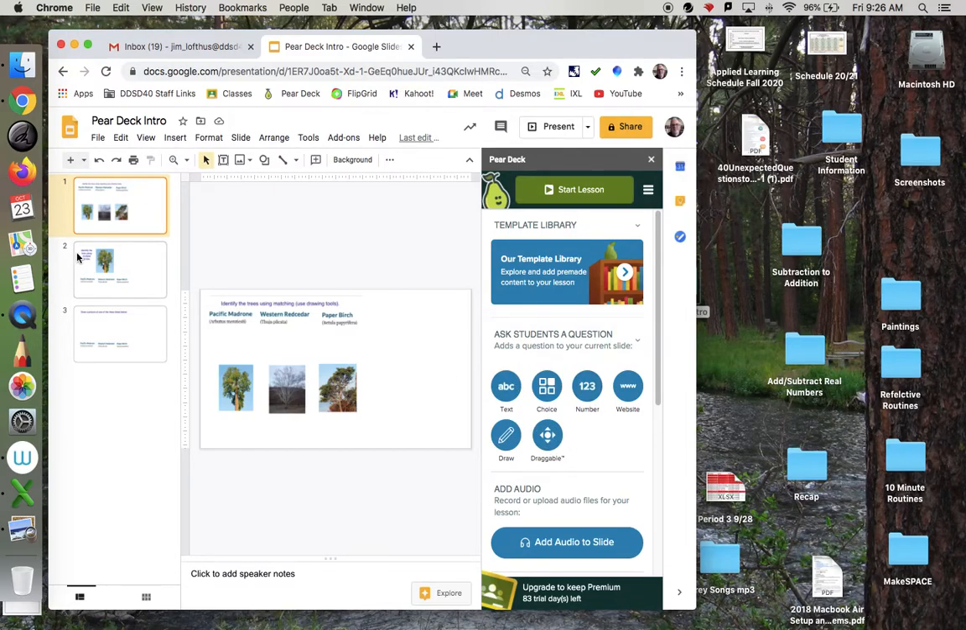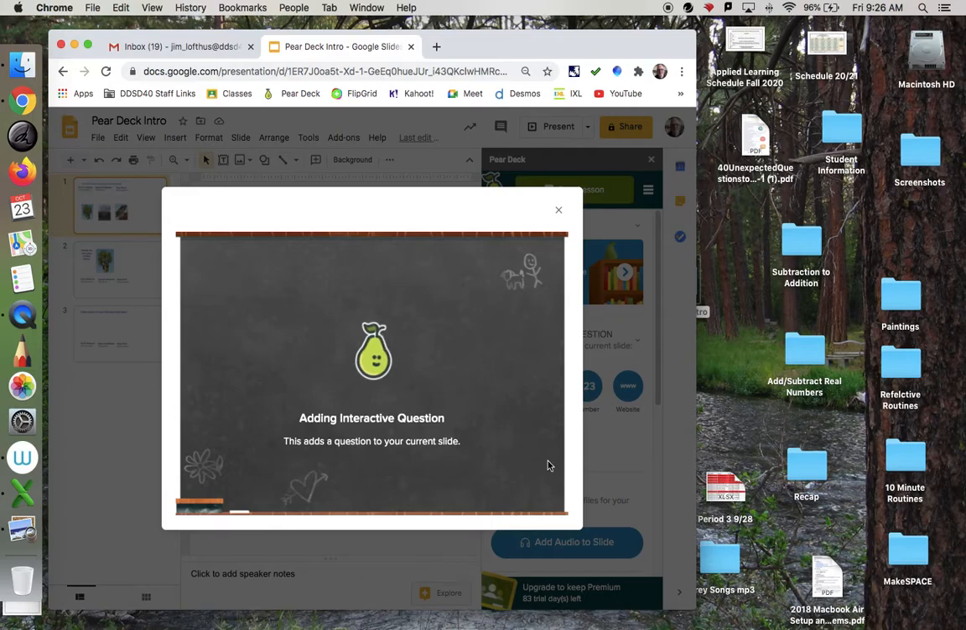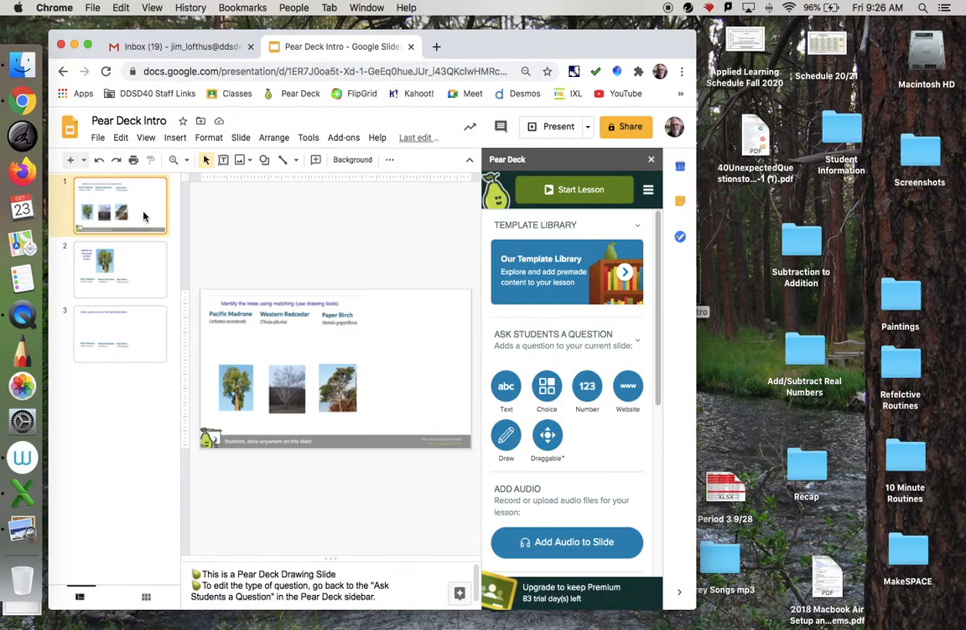For this first one, I want to have them be able to draw on it, and so I just click on draw, and now when students go here, they'll be able to draw on that card, and I'll show that to you at the end. And the only way that you know that something's happened is here at the bottom. It shows a little Pear Deck, and that shows that that's been added. That function has been added to that slide. I'll go to the next one,